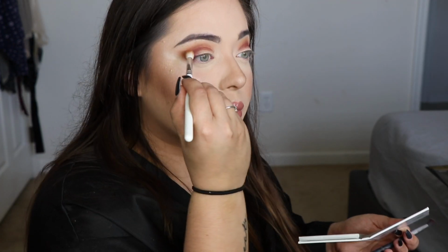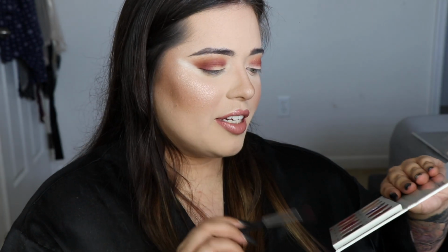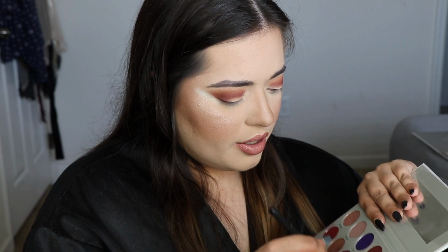Now I'm gonna go back in with this brush that we had those orangey shades on and kind of blend up here because I did a poor job of that earlier. I don't think I said this before, but I'm in the Bling Boss palette. So I'm gonna take Berry Treasure. It has some shimmer in it, but I think it'll be pretty in the outer corner. I'm gonna take that on the same brush that I was just using